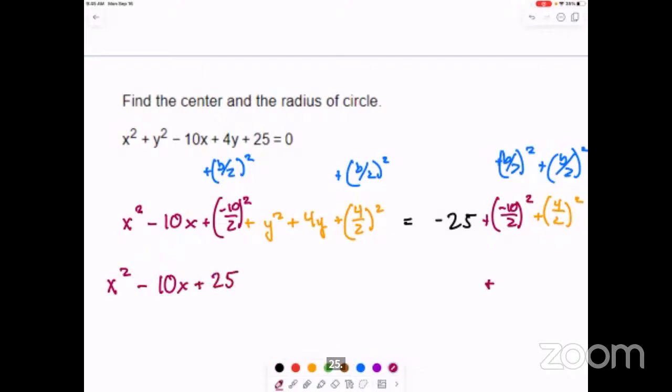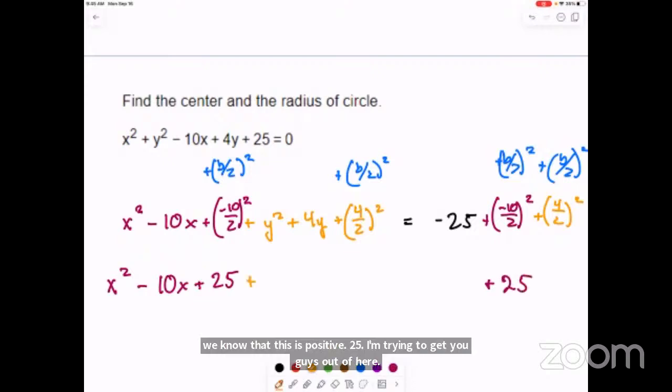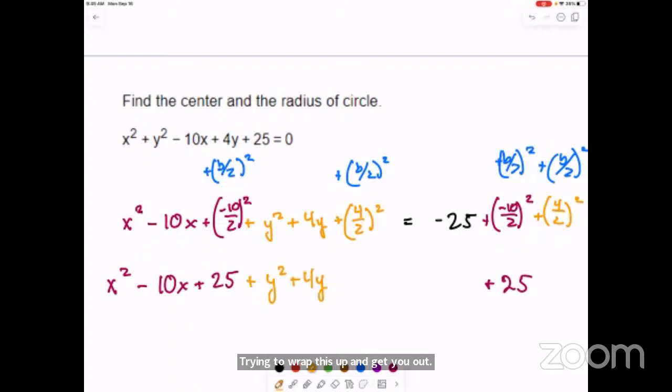I see the clock. I'm trying to get you guys out of here. I'm trying to wrap this up and get you out. I do make mistakes, so you want to check and double check and triple check. Don't take my word for any of this stuff. Do your own research and decide for yourself. This is about critical thinking and learning how to make decisions for yourself. But you boost the odds of success in your favor.